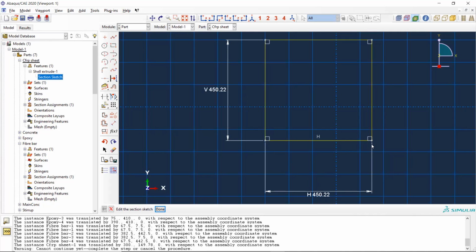Is it valid, as the column is being surrounded by this sheet? Okay, fine, no problem. So as per my thickness of 0.11 mm, I've extended the dimension from 450 to 450.22. Is it correct? Yeah, correct.